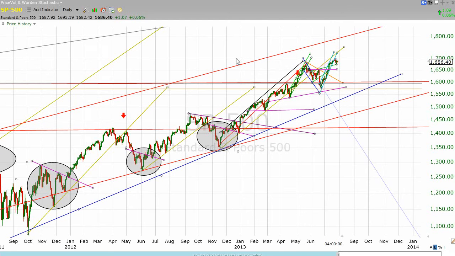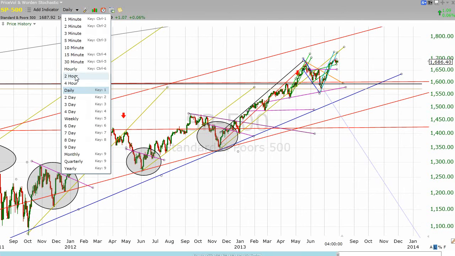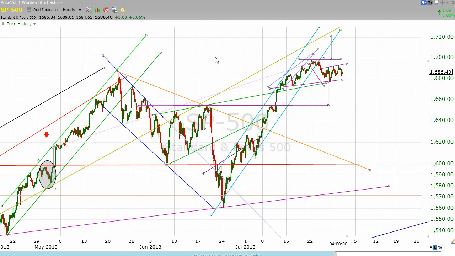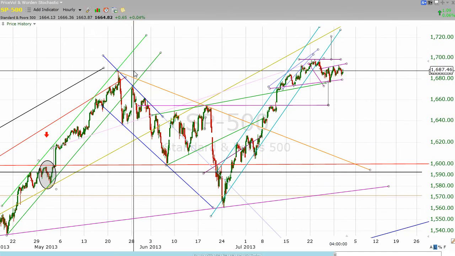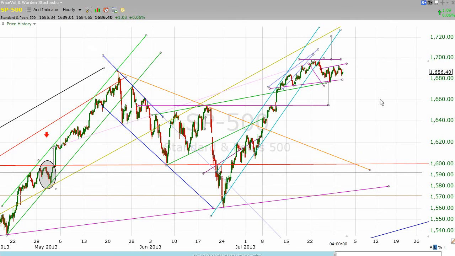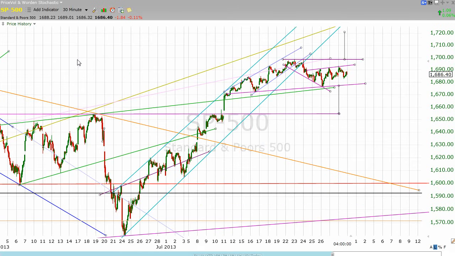Maybe it's better on an hourly chart, you can see that we had previously set a high at about 1687 in May, and we bested that by a bit. But all of this movement that was taking us up there was happening between these two lines in what looked to be a fairly